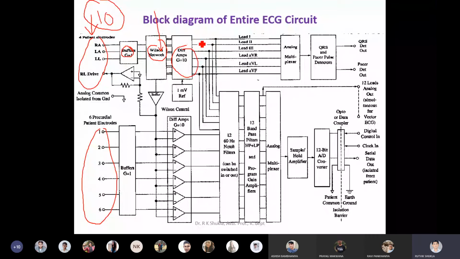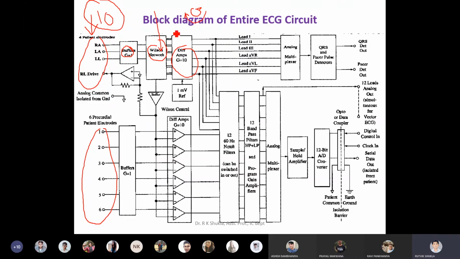When we were discussing lead selection, I mentioned that in some machines they provide a lead selector switch. So you have a switch there, and by just rotating the knob, you can select that particular lead. But with the help of this machine, it is possible to record all the 12 leads. So in this particular case, there is no requirement for connecting a lead selector switch.